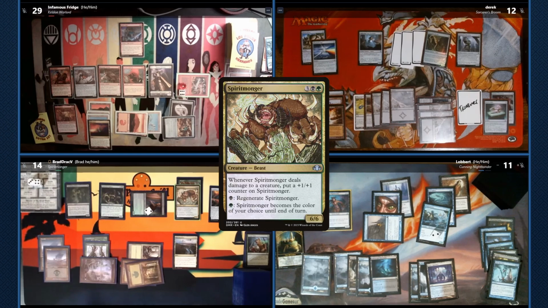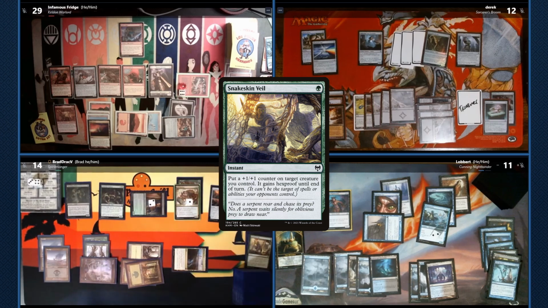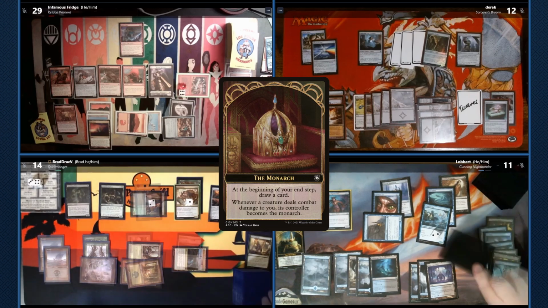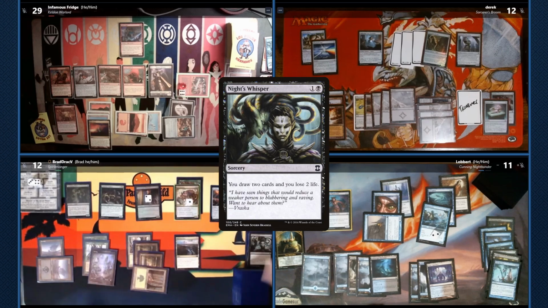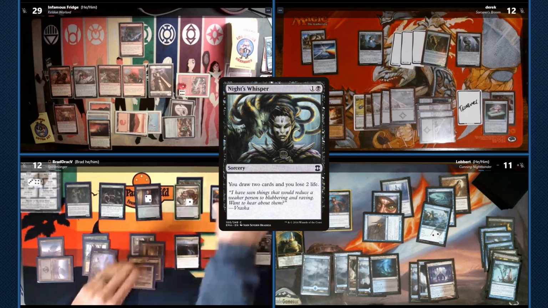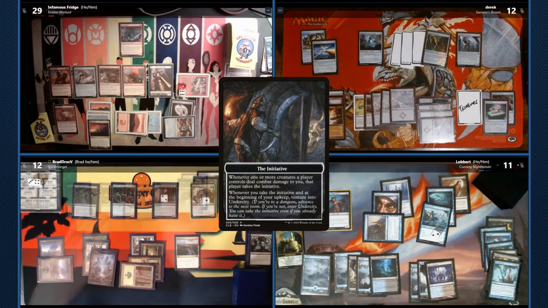to goad Brad's Spiritmonger. Brad targets Spiritmonger with Snakeskin Veil to give it hexproof and put a +1/+1 counter on it. Lobbert passes, and draws off of the Monarch. Brad draws a card, plays a Forest, and Night's Whisper, so he loses 2 life and draws 2 cards. He then equips Trailblazer's Torch to Spiritmonger and asks Lobbert if he can take the Monarch in initiative for 1